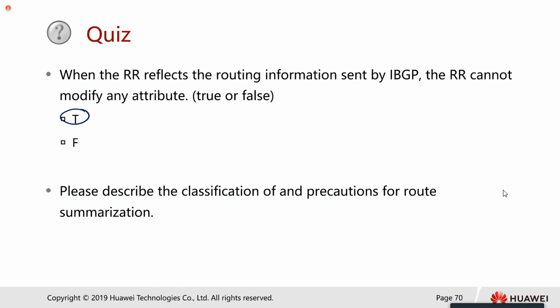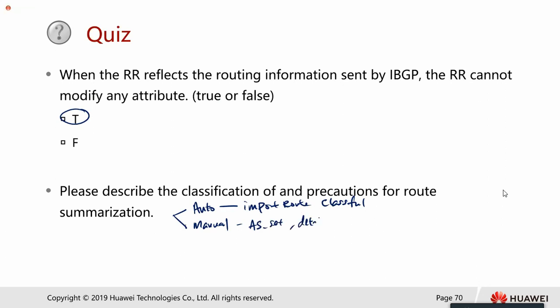So first you need to know that route summarization is divided into auto and manual. Auto only supports imported routes, and this is classful summarization. Auto is always doing classful summarization, but for manual, how do they summarize? Manual can summarize anything as classless information. And manual also involves AS set,